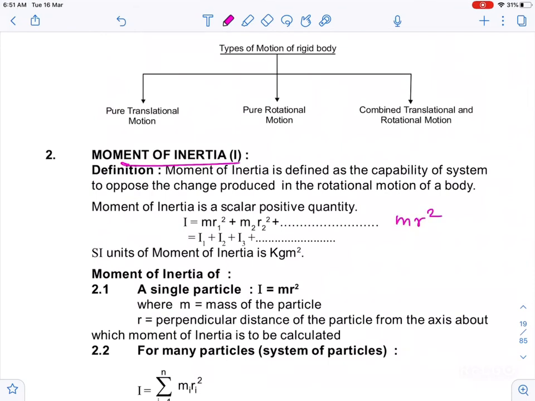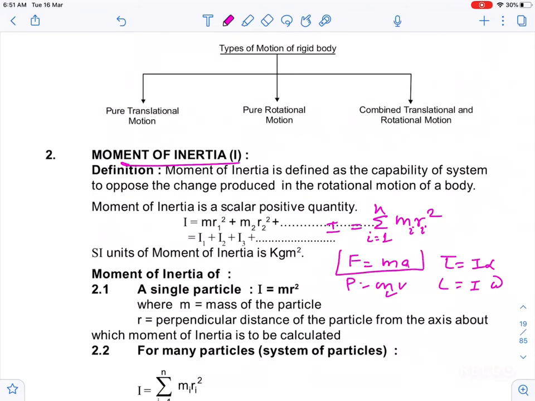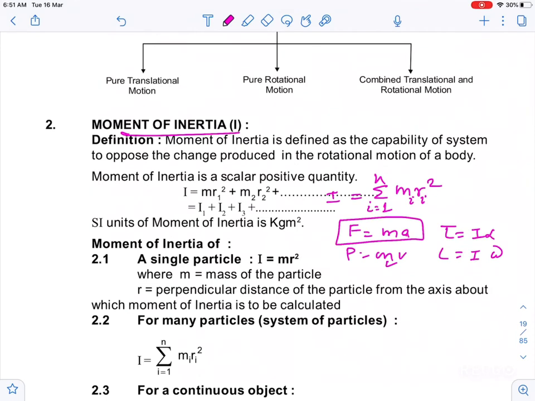So moment of inertia I can be written as summation of mr square, I is equal to the sum from i equals 1 to n of mi ri square. This is the moment of inertia I. This is same as mass: what mass plays in mechanics, moment of inertia plays in rotational dynamics. Like I'll give you an example, F is equal to m into a. So torque, the rotational force, is equal to I into alpha. You know that momentum is equal to m into v. Angular momentum is the analogue, where the role of m is played by I into omega. So you can find resemblances like torque with force and L with momentum.